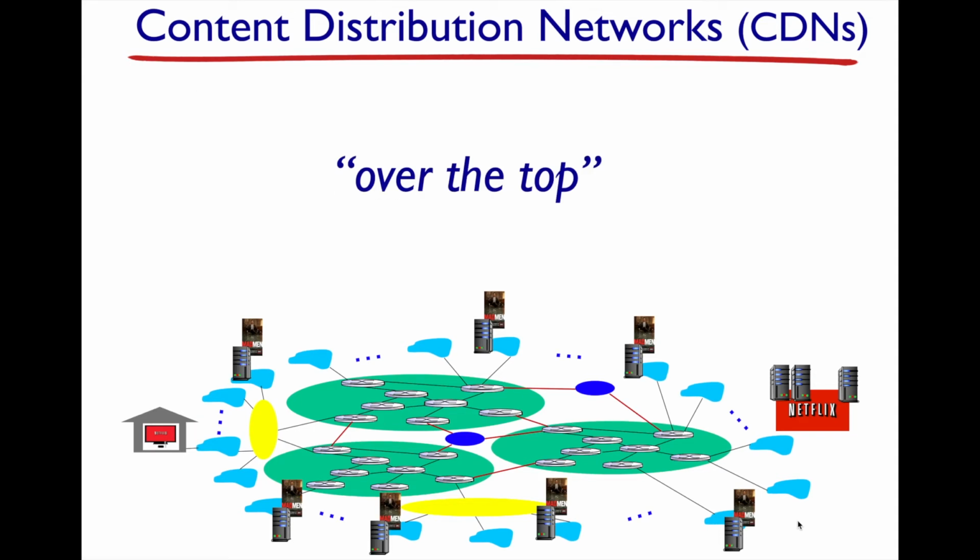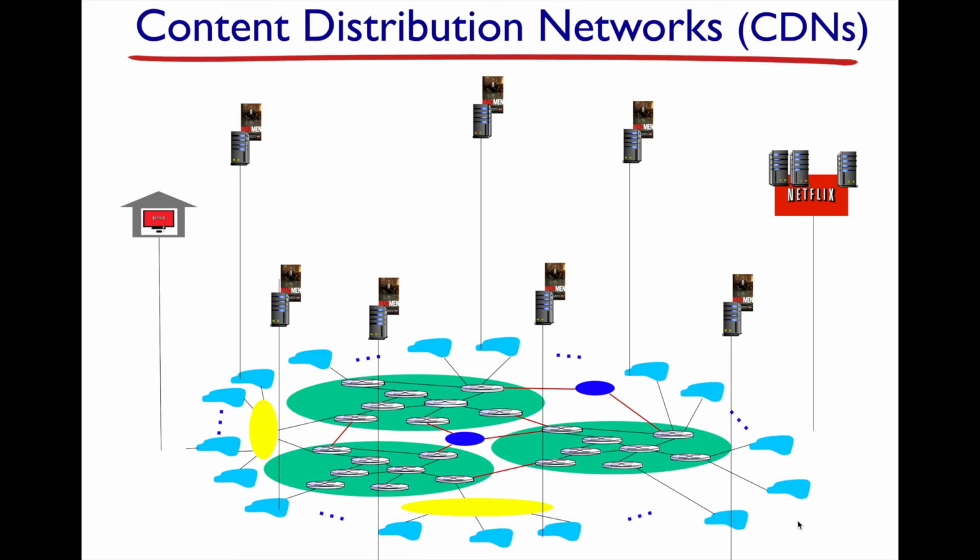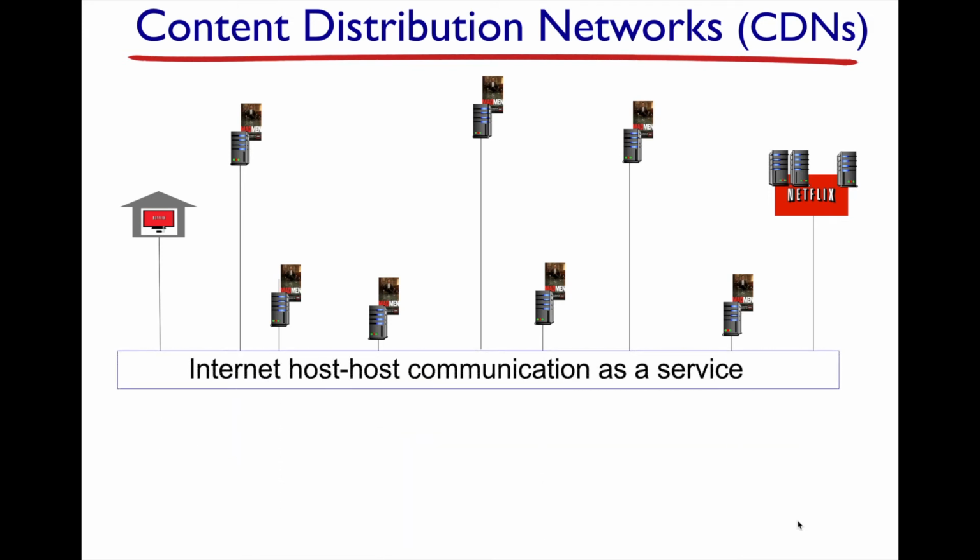Okay. So there's another type of CDN. One is called over the top. And with this over the top, they're essentially offering an API where this API is controlled by the client, and it offers you the ability to control this host-to-host communication. Now, underneath the covers, right, you have things like congestion, you have latency, you have delay that occurs, but the APIs they offer you give you the illusion that you have a channel between hosts and certain aspects of the communication, like the bandwidth and delay and stuff like that, are abstracted at an API level.